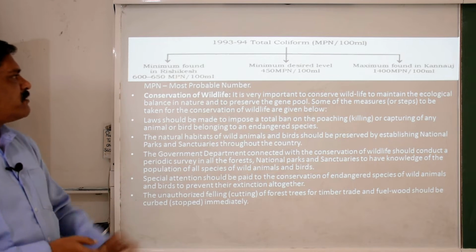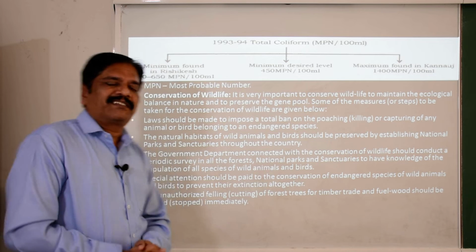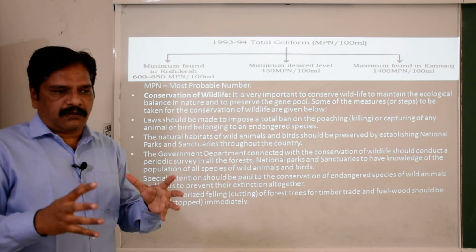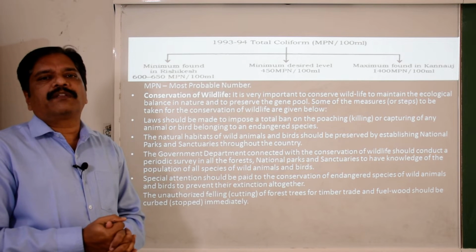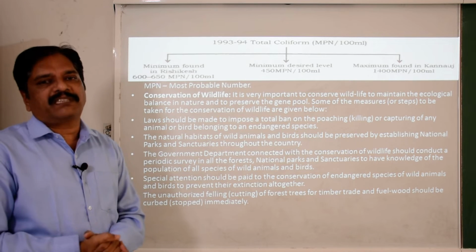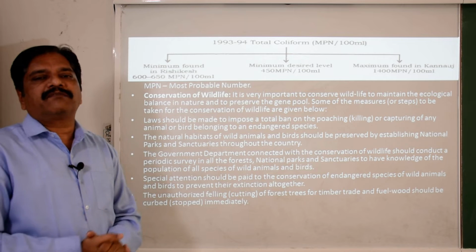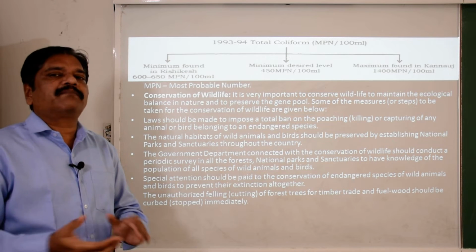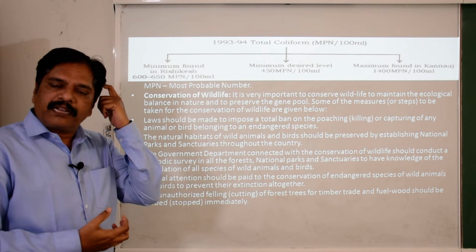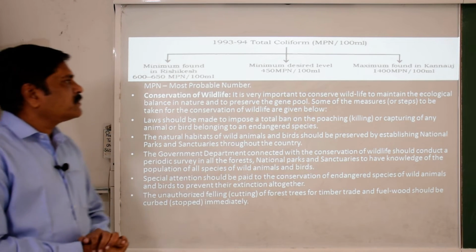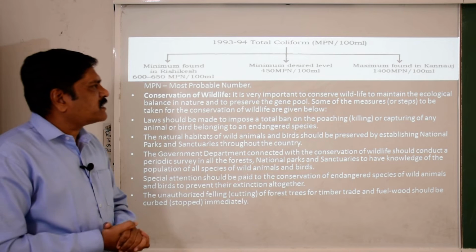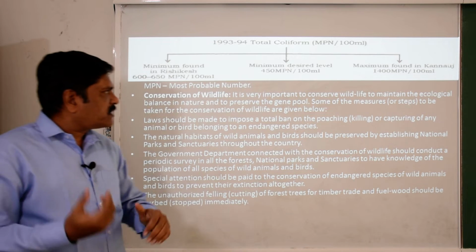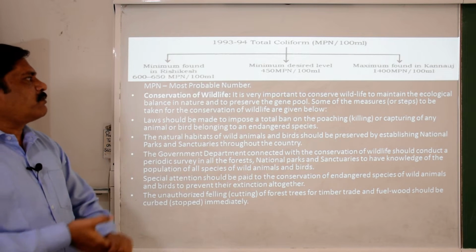Here we are going to discuss wildlife and its conservation. You know what wildlife is? The total composition of the living beings which are not domesticated, not cultivated or agriculturally raised by human beings, like the animals and plants, is called wildlife. So it is quite compulsory that some steps should be taken for the conservation of wildlife.